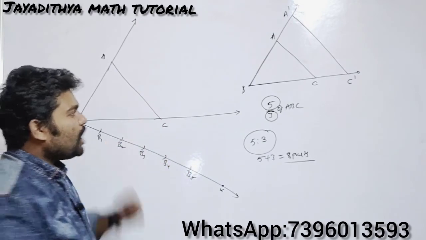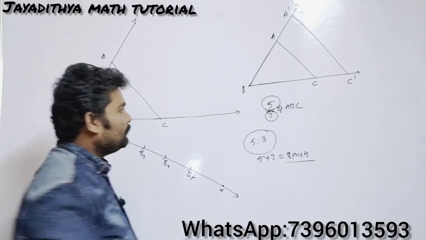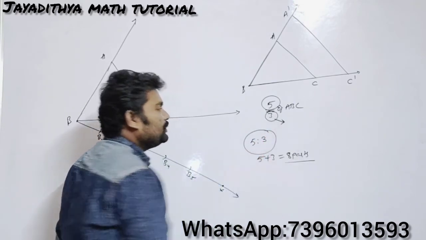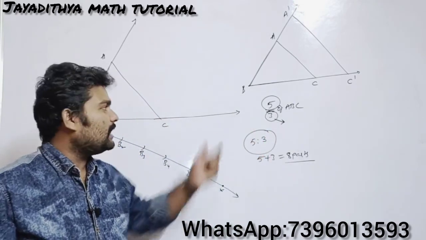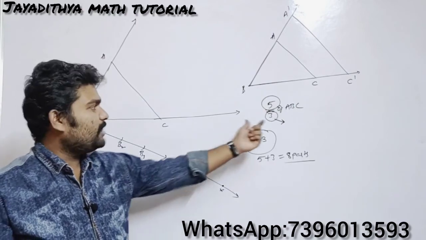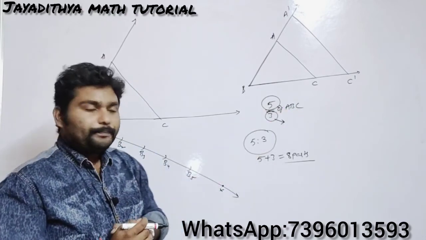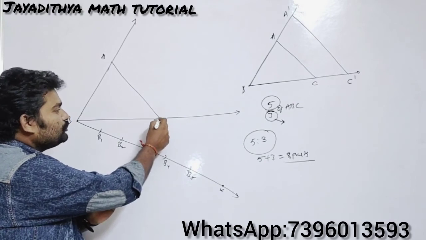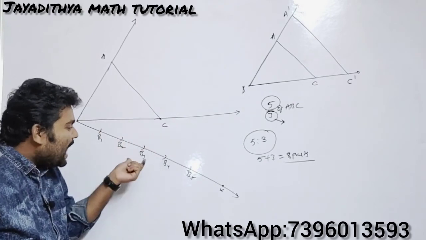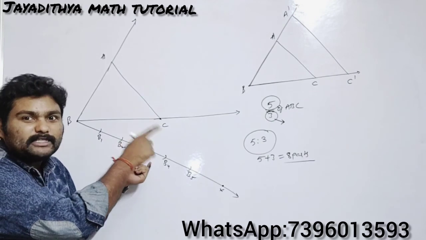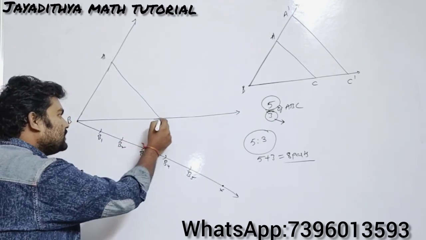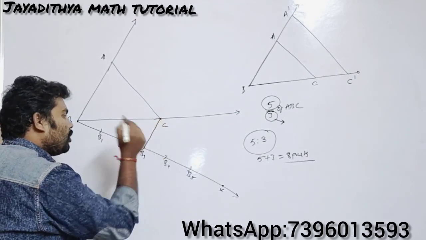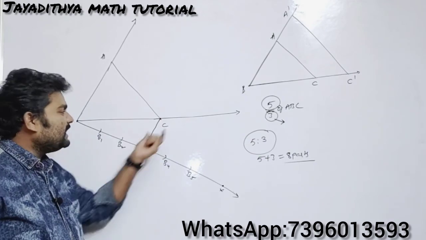Okay, clear? Now what I am telling you, listen carefully. The denominator part, you think it is the dimension of the original figure. Denominator is the part of the original figure. So here the original vertex is C, so you should join C and B3. Why? Because the original dimensions are 3, right? So for that reason, you draw a line like this. You join B3 and C.